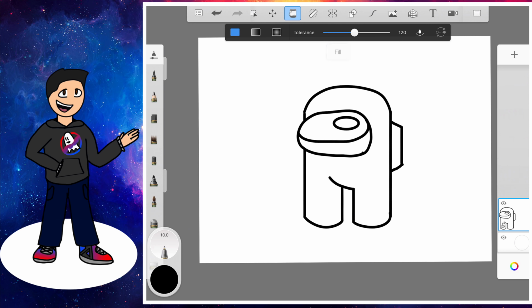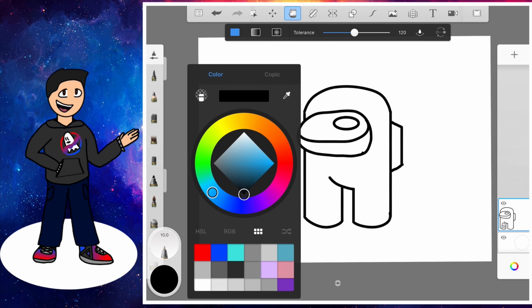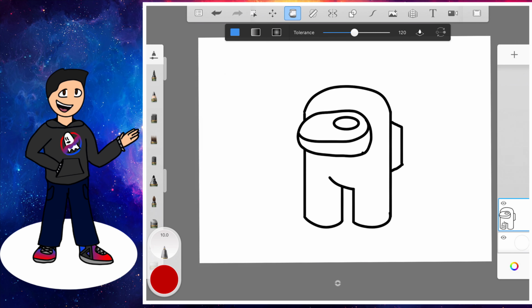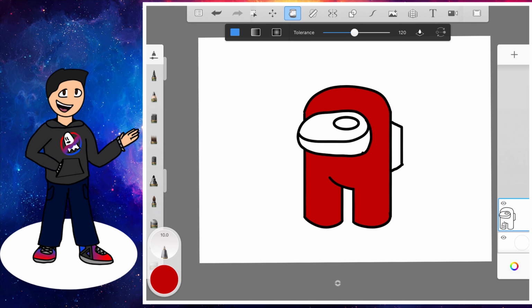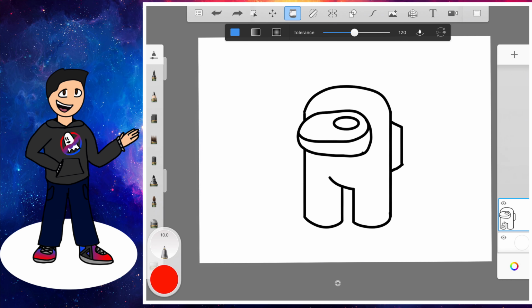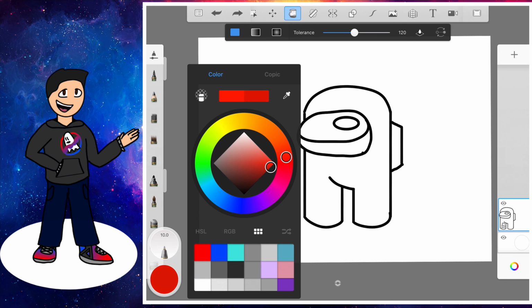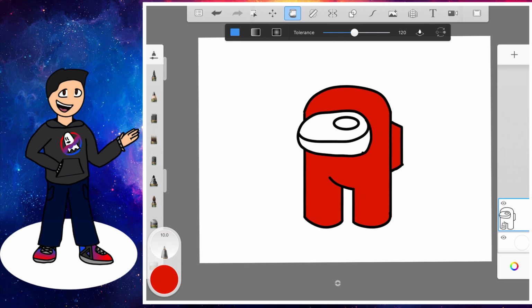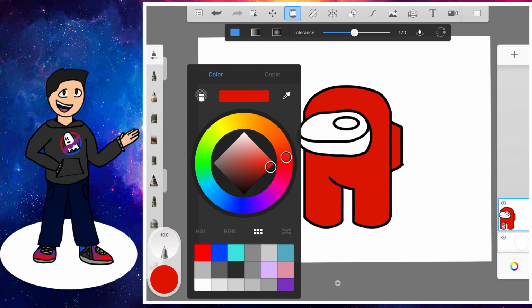And now we can just color it. If you want, you can just leave it like this, or if you want, you can color it. I'm going to fill the color in since I'm on my iPad. So a little darker, not too light. Yeah, there. That's too red. It's a little orangish red. There. Okay, yeah, that looks better. So that's the color I'm going to do. You can do any color that you want from the video game. Since they added a new update, you can add even the peach color to your character if you want.